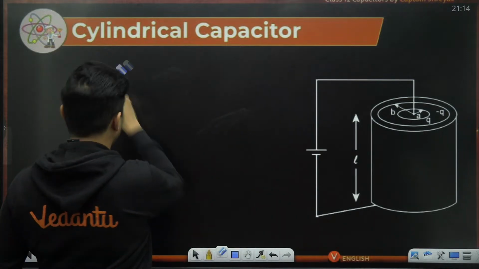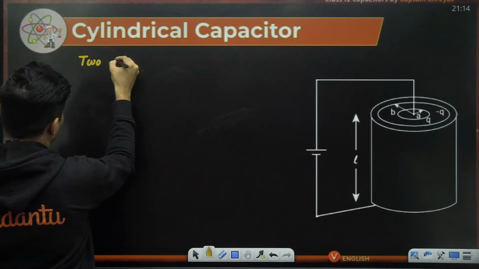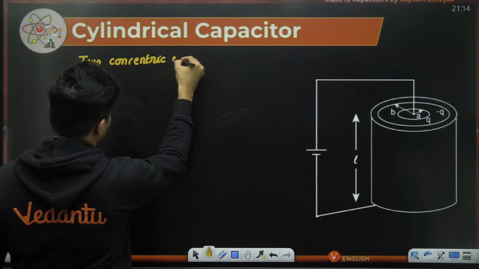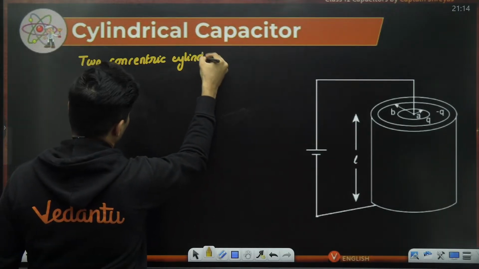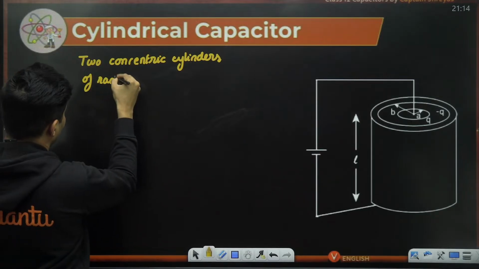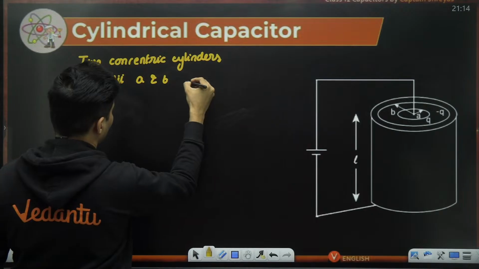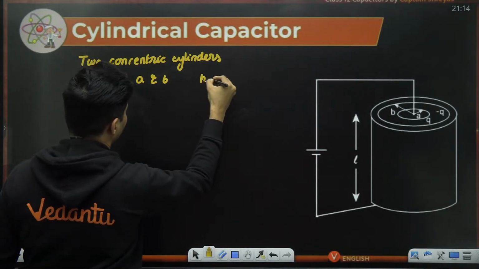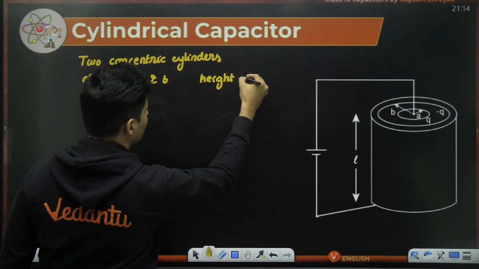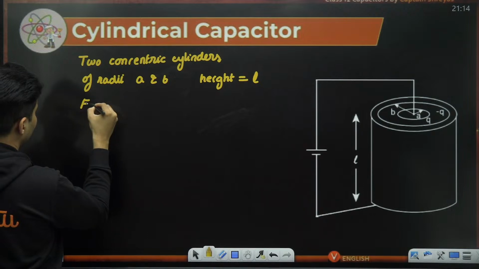So basically you have two concentric cylinders of radii A and B, also height, let's say height is L or H, whatever you want to call it,